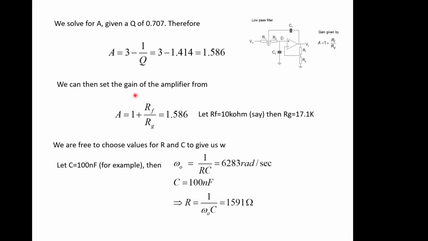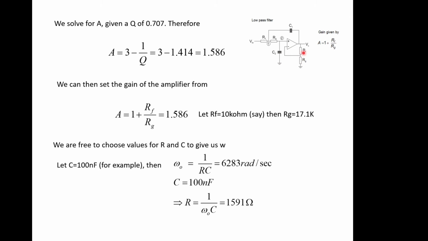We know that we've got a Q of 0.707, having looked at the standard equation, because omega naught over Q is 2 zeta omega. So we know we've got a Q of 0.707 that we're looking for, so we can work out A from that: 3 minus 1 over Q, Q is 0.707, 3 minus 1.414, which gives us 1.586. So we need the gain of this non-inverting amplifier